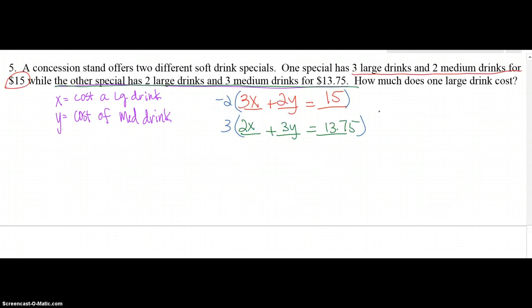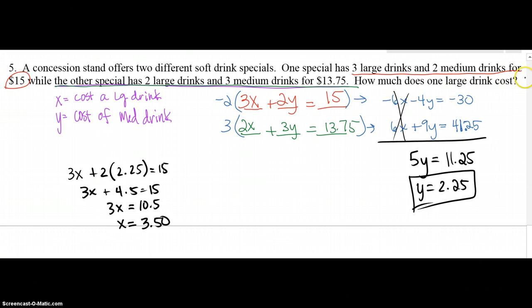If we multiply by negative 2 on the top, we're going to get negative 6x, and if we multiply by 3 on the bottom, we're going to get positive 6x, so that's going to cancel out our x's and allow us to solve for y. So let's do that. So if you plug that back in, you just want to know the cost of